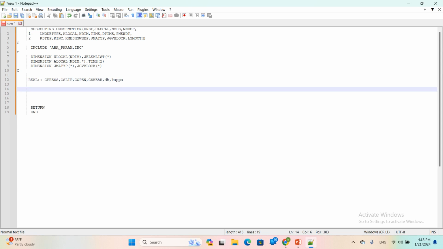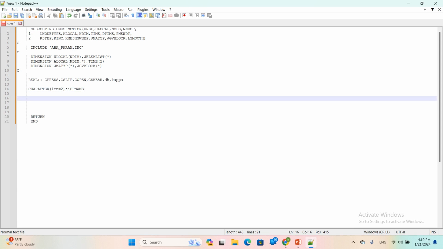And also here, for example, this is our part name equal to CP name common wear